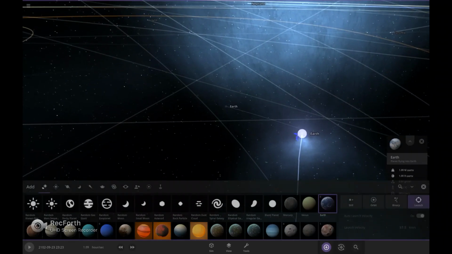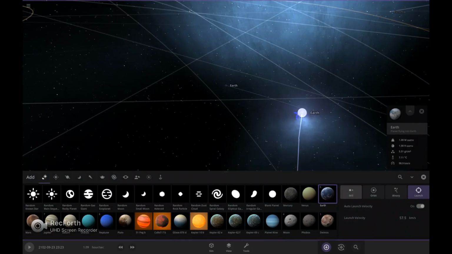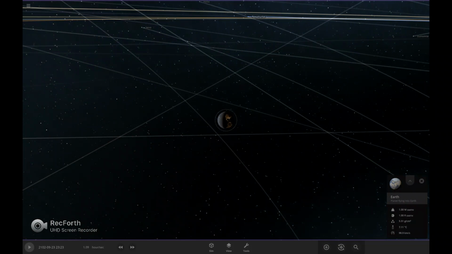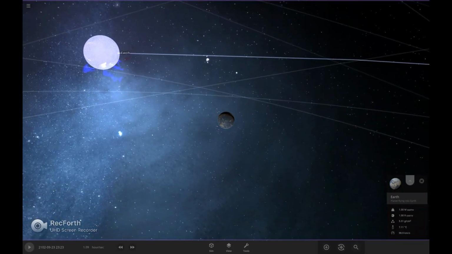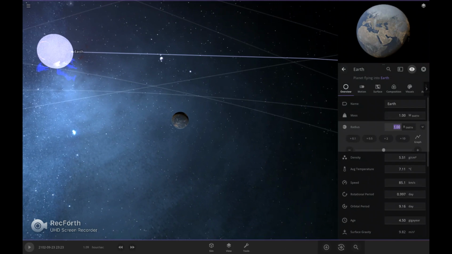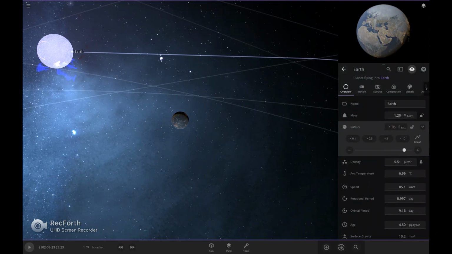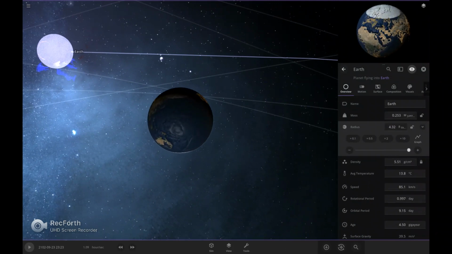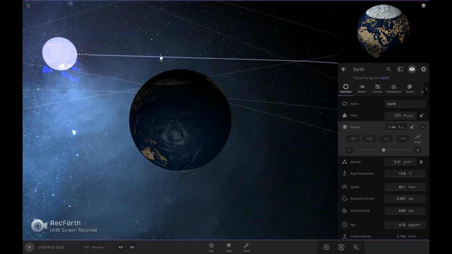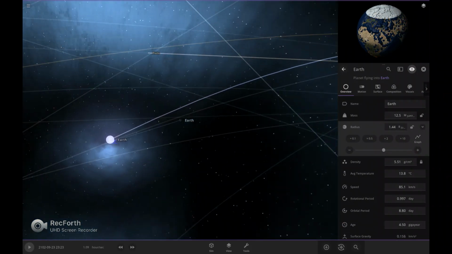And now, if we make the Earth bigger, like insanely bigger. No, go into the Earth, and then make its radius the size of Jupiter.